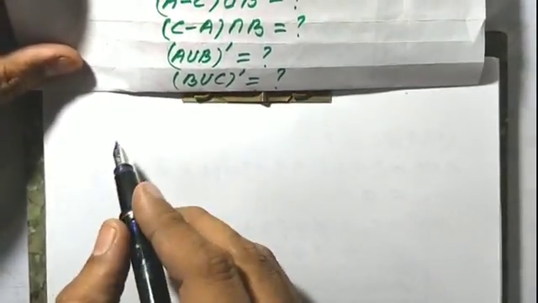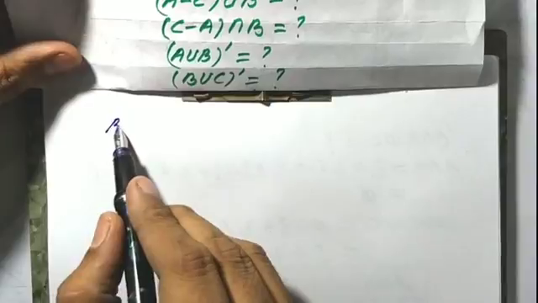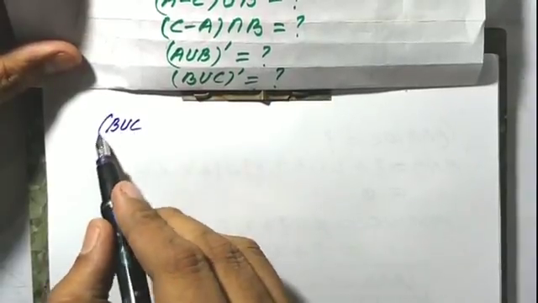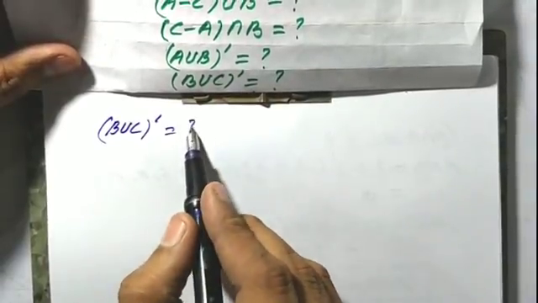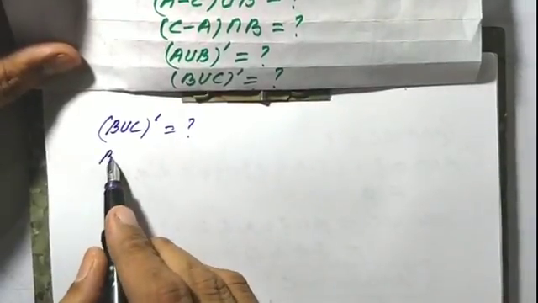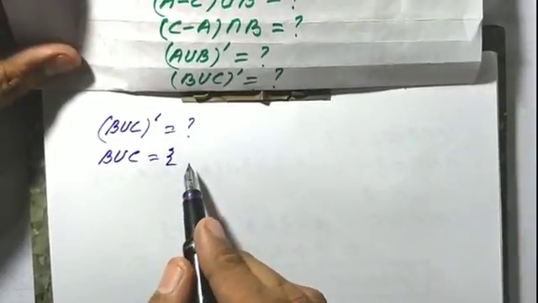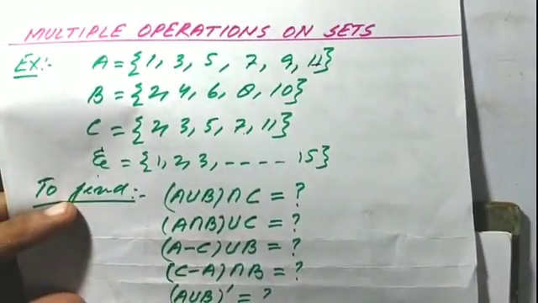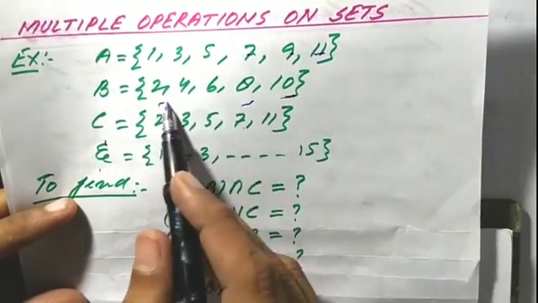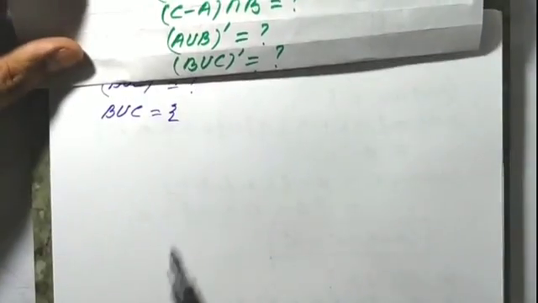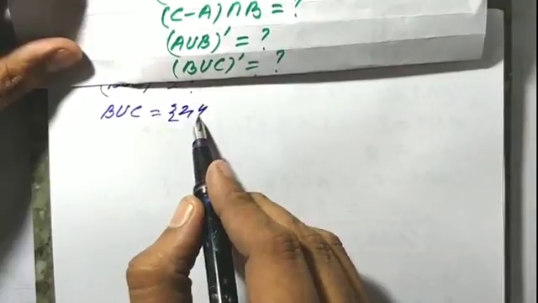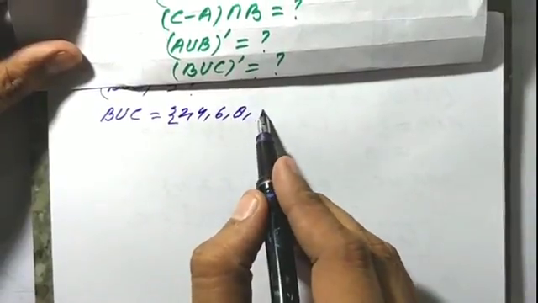Now the next operation is (B ∪ C) complement. First we have to find out B union C. So let's find B union C. B is the set of 2, 4, 6, 8, 10. So write down 2, 4, 6, 8, 10